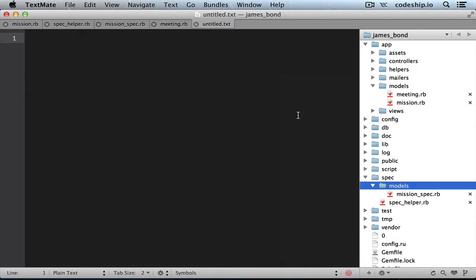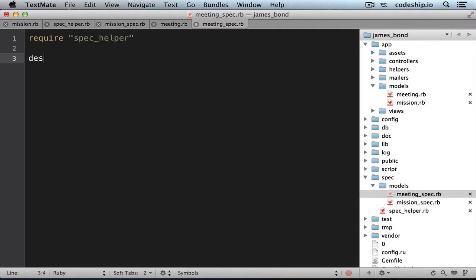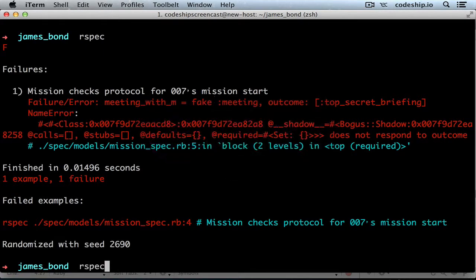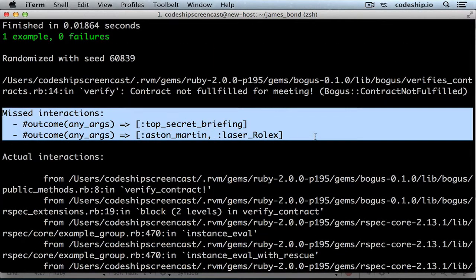We create a meeting spec.rb, let it require the spec helper, and describe the meeting, and put verify contract meeting on top. When we run rspec now, we get an exception. Bogus complains about two missed interactions, calling the method outcome and getting either an array with top secret briefing or with Aston Martin, laser Rolex. To fix these problems, we need to write examples for this method that return exactly these